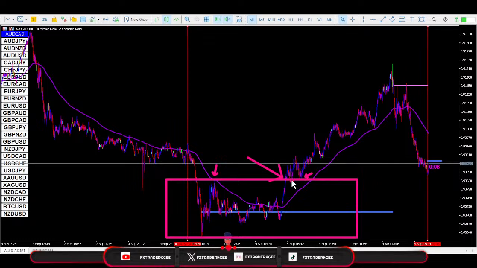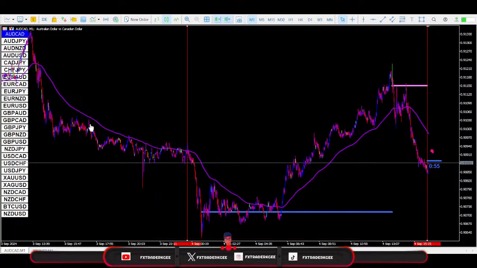Okay, see, this is one, this is another one, and then since then you can see how well price has moved up for AUD Canadian dollar, even though it's not that much. So if this is this, what we just have to be looking for, like I said earlier on,